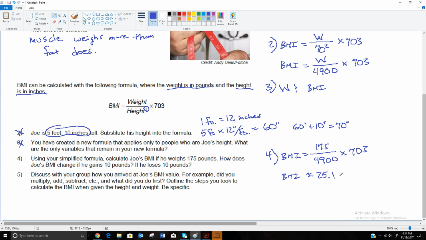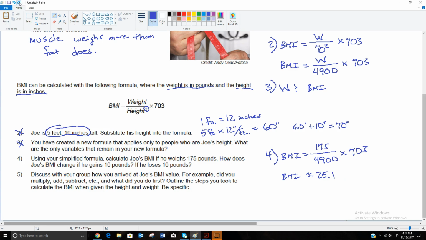If we wanted to round it out to a second spot, it'd be 0.11 because the 0 has a 7 after it. So it's 0.10714, and so on and so forth. So if we wanted to round it to one place, like I did, you're just going to say 25.1. If you wanted to round it to the second spot, you'd look here to the 7 and you would say 25.11 because a 7 would round that up. But I'm going to leave it as 25.1. I'm just going to round it to the tenth place.